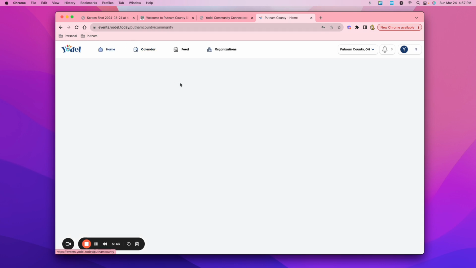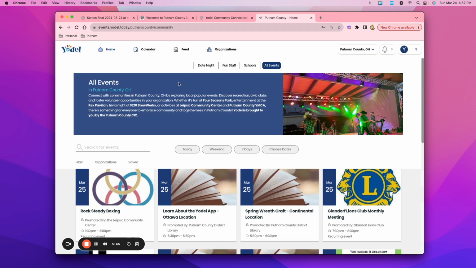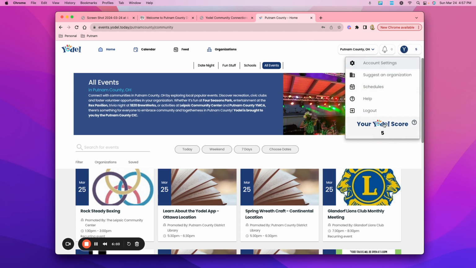If I go to the home page, it takes me back, and it looks very similar to where we were first at with Putnam County without being logged in. But you'll notice up here in the top, I have my Y for my Yodel account that's logged in, and I do have a number 5 beside it. What that is, Yodel keeps track. It just keeps a score. The more I use the calendar, the more places I go, the more things I do, it just continues to calculate a score up. You can see the little information that shows up there when I scroll over top.